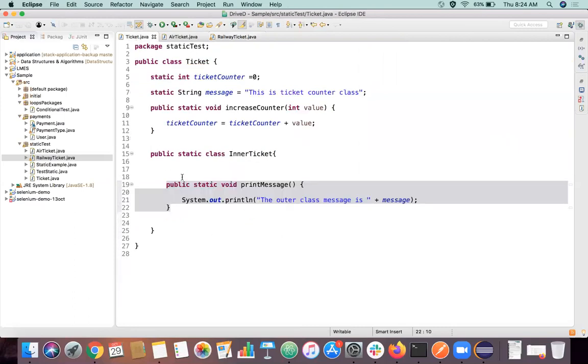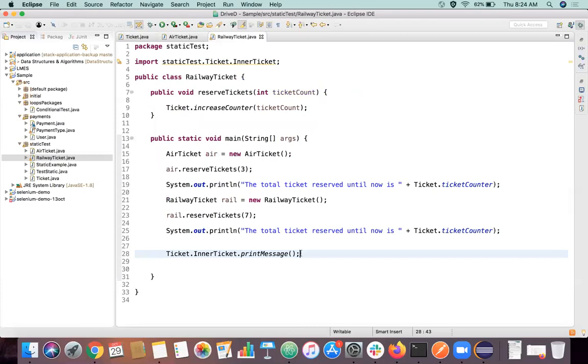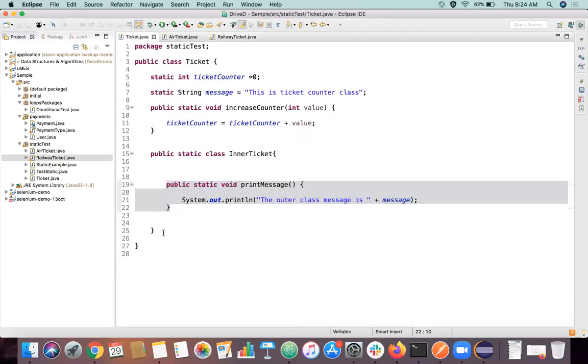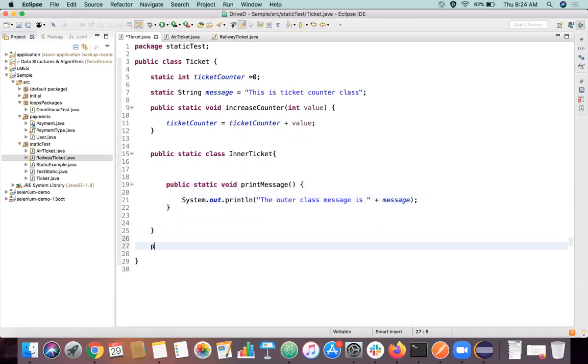It can access the variables and methods here, and you can directly go and use it like this. You can create n number of inner classes like this. So you can create one more inner class like this.